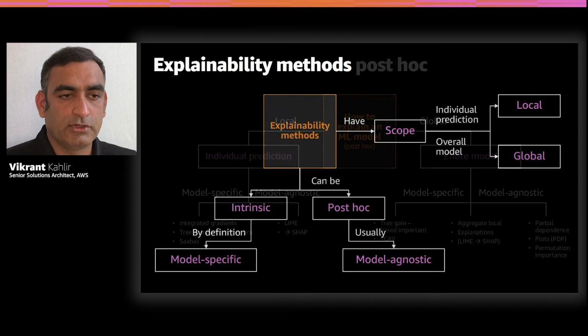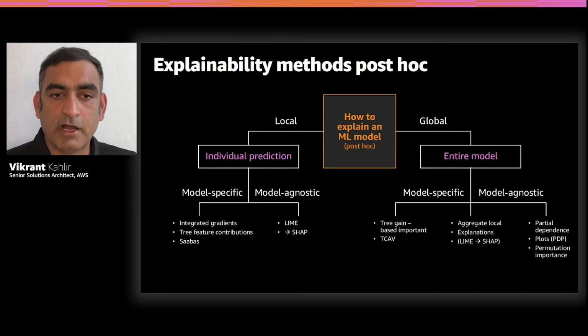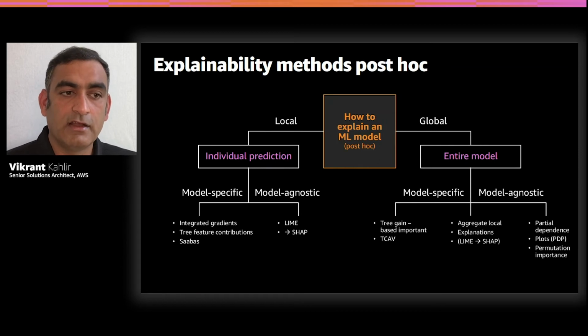Let us double click on post hoc and try to see what are some of the popular methods that fall under different categories. So we are just focusing on the post hoc, and we can see that post hoc can do both local and global predictions, and under individual category, we can have model specific and model agnostic. On the left, you see methods like integrated gradients, tree feature contribution, SABAS, but we are not going to go through each of them. The focus of this session is just to see how one particular method that is becoming very popular, that gives consistent results and is backed by a good theory, we are going to talk about it,